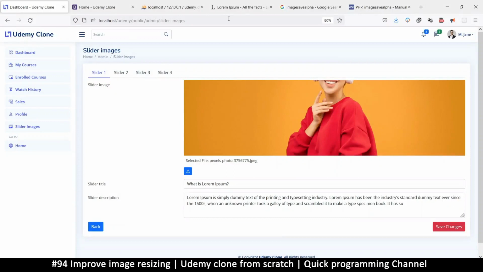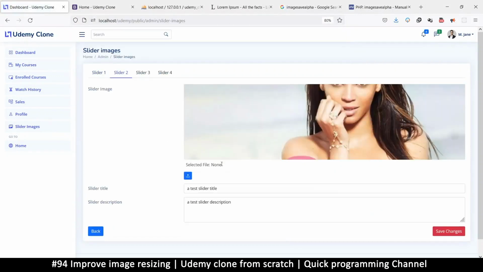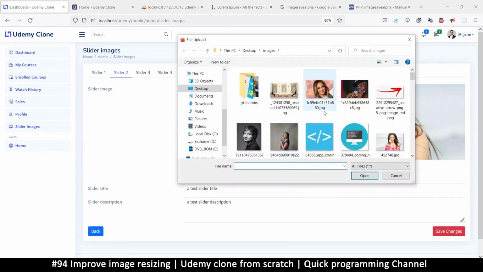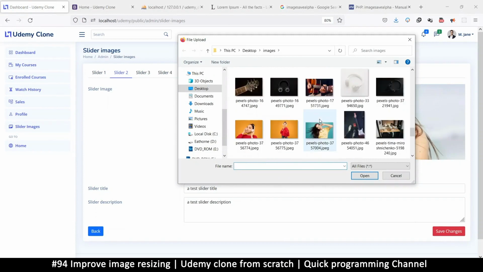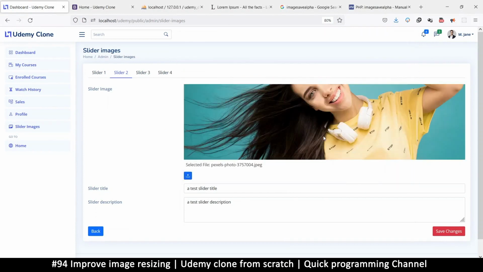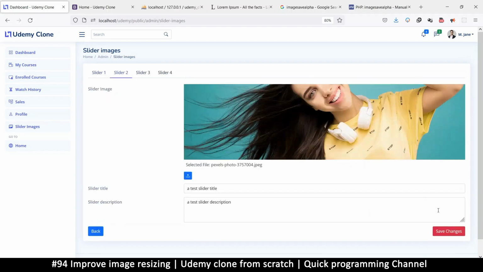So let me refresh my page again. So we have this image here. I want to change this one. So I'll click and let's add a second one. Where are we? Right here. And there we go. So you see, it didn't add to this one, but to this one. So let's